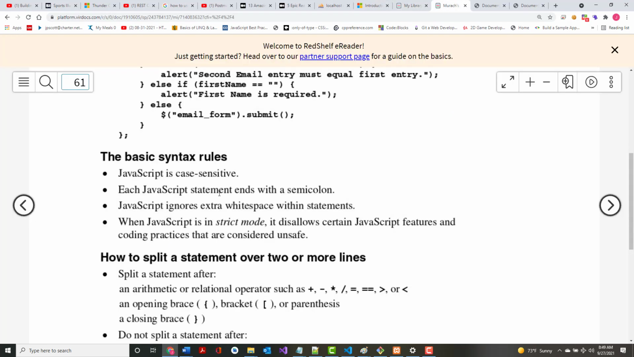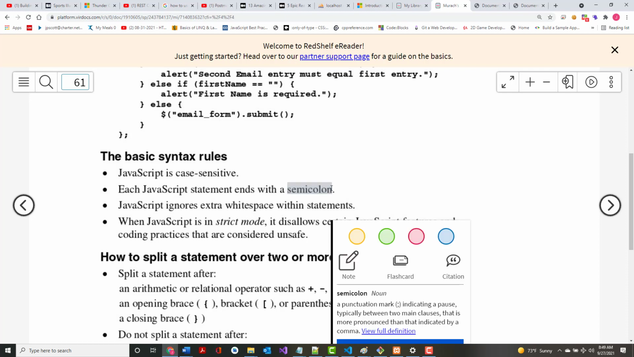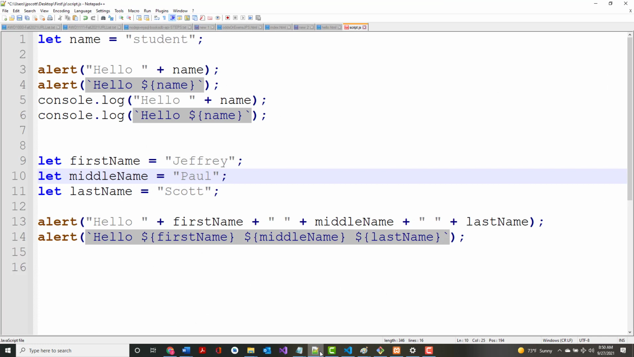So each JavaScript statement ends with a semicolon. Here's one of the places where I say JavaScript can be thought of as kind of a poor language. If I do this, I don't want you to do this. I don't want you to do this. But if I do this,